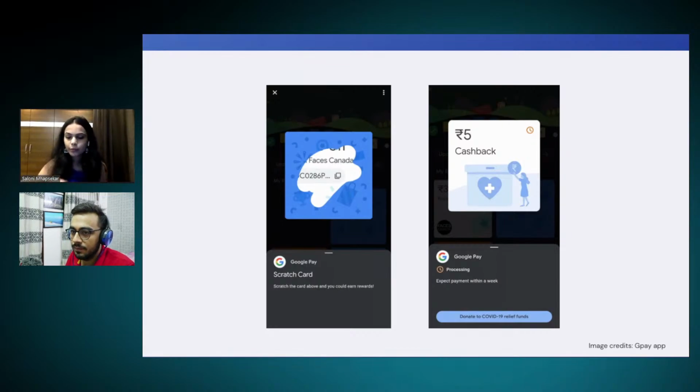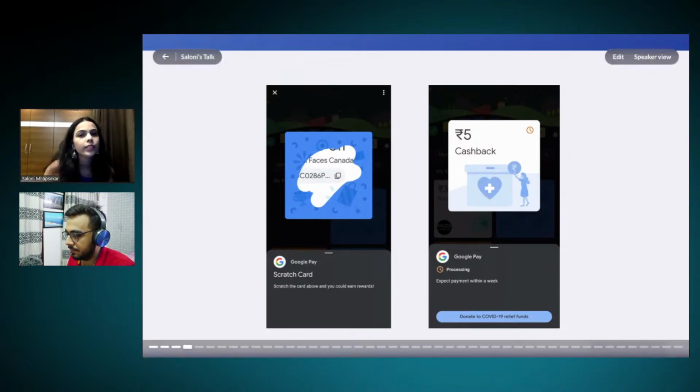Google Pay is what most of us use daily, and once we make a payment, we do see this screen where we get scratch card rewards. So on the right hand side is this reward which you see, which has rupees 5 cashback, which people rarely get, but I've been lucky this time. And here is what interaction you have to do before scratching the card.